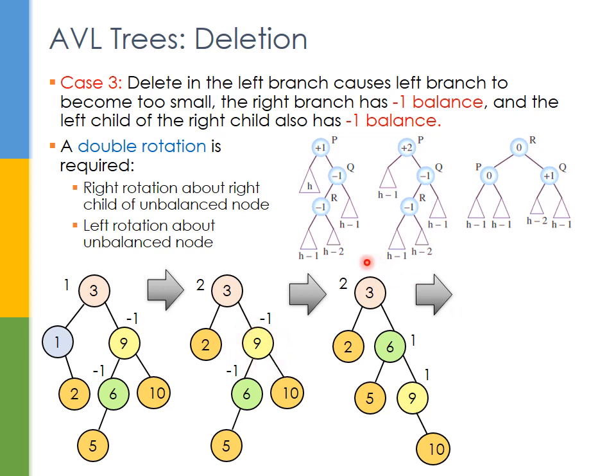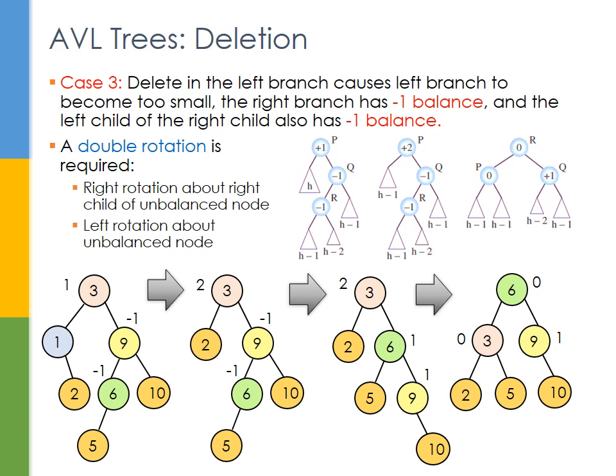So this is the tree that results from that rotation being performed, and then finally we perform a left rotation about the unbalanced node. So the unbalanced node is node 3, and we are performing a left rotation around that. So in other words, we are rotating node 6 about node 3. This is then the final result of that rotation, and we can see that we have a balanced AVL tree